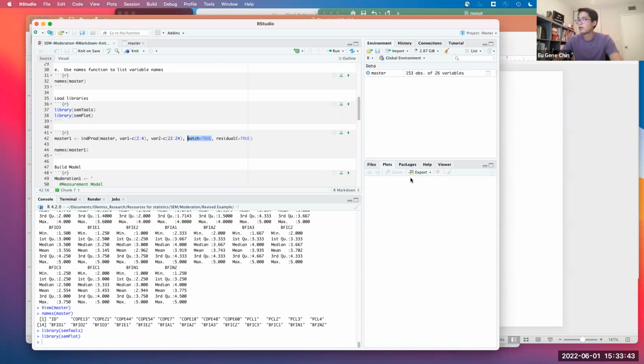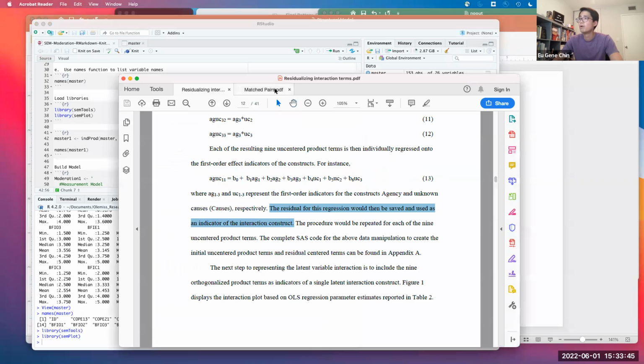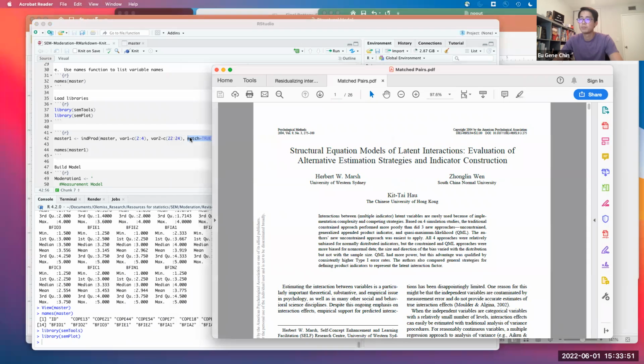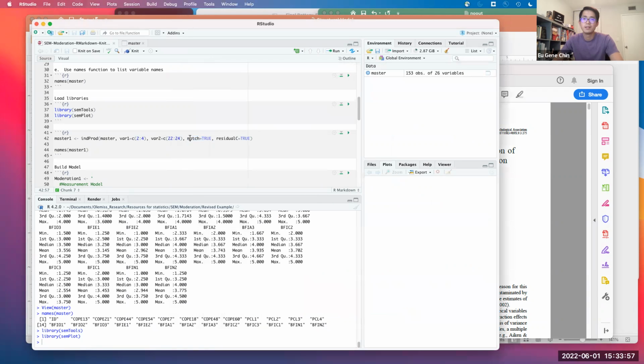We're not going to do that. In fact, what Marsh et al. suggested is that with matched pairs, you can get pretty decent parameters without overloading the measurement model itself, so that we don't over-identify the measurement model as opposed to the structural model.